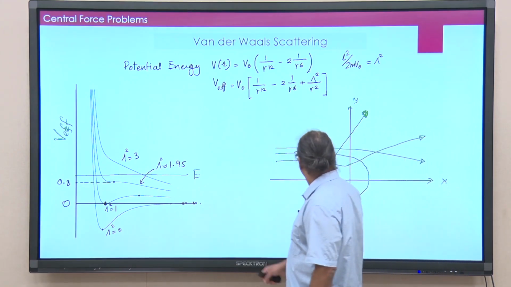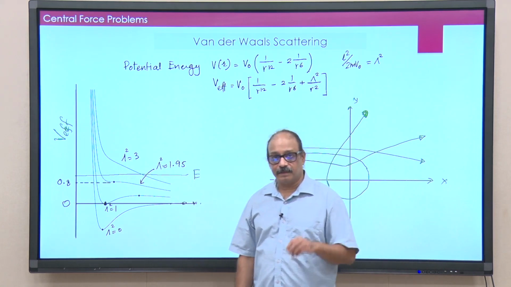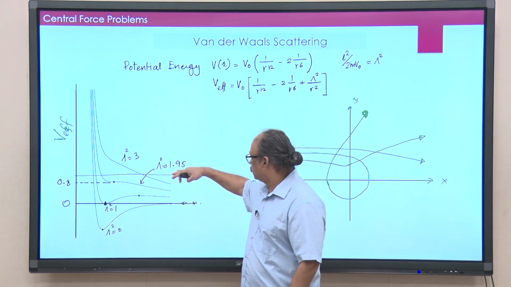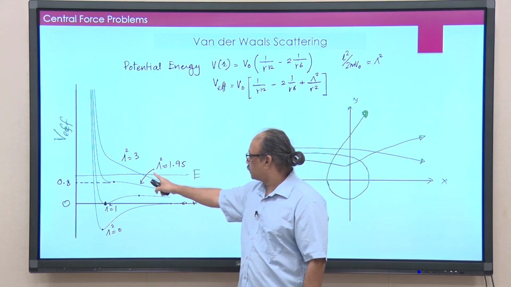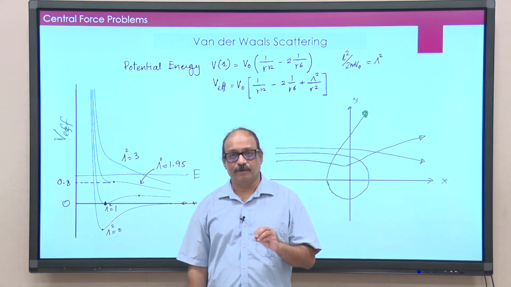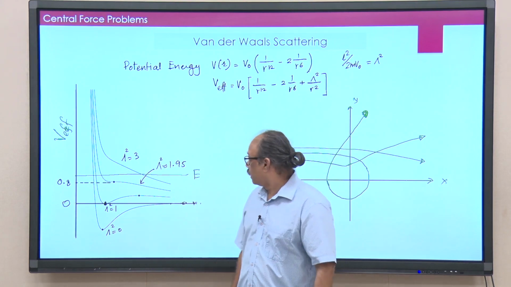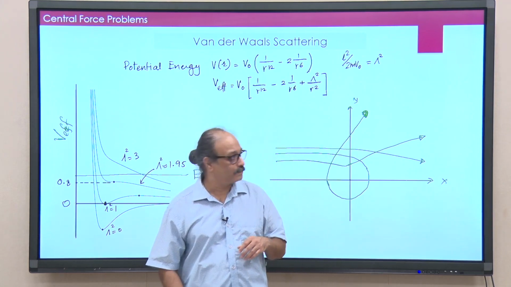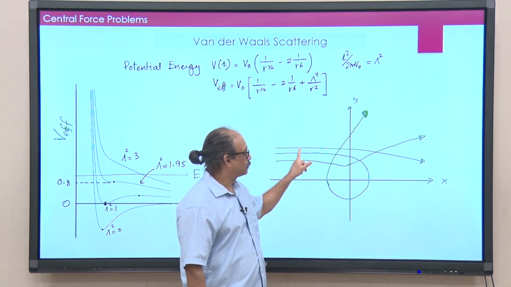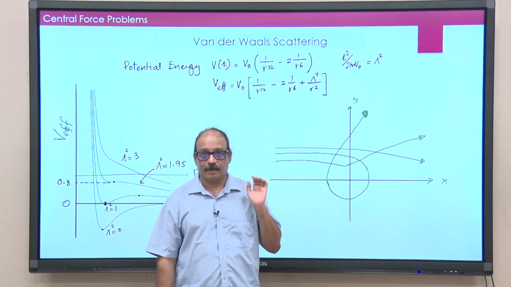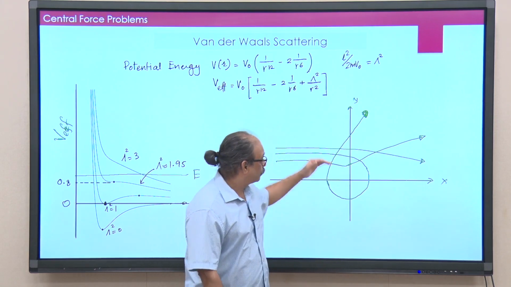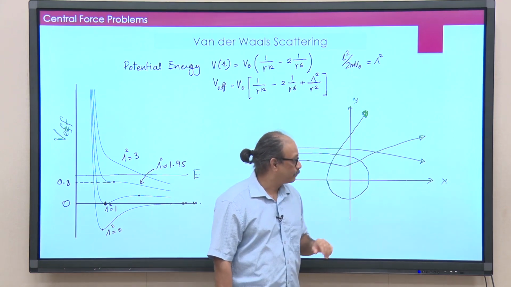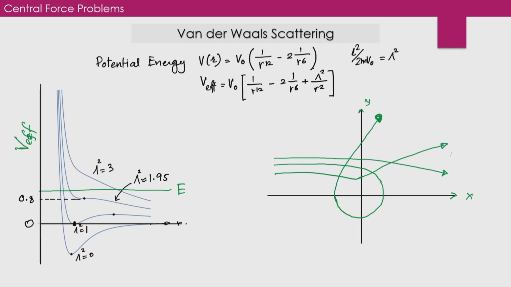What will happen if lambda square is equal to 3? That means, if I set my impact parameter in such a way that I get lambda square equal to 3, the energy is fixed. What will happen in this case? It simply has one turning point and it goes back. And if you look at this curve, it looks similar to all those repulsive potentials we looked at earlier. Probably the trajectory looks something like this, where the particle comes closer, faces an attractive potential, so it is deflected in the negative direction. So, the scattering angle is negative and goes downwards. So, it is this curve here.